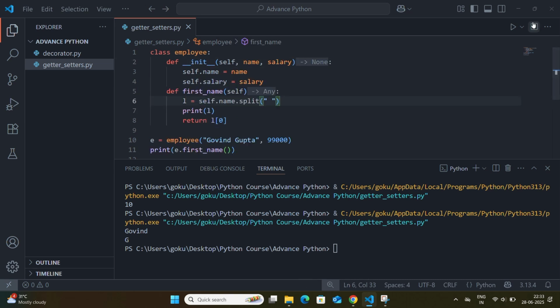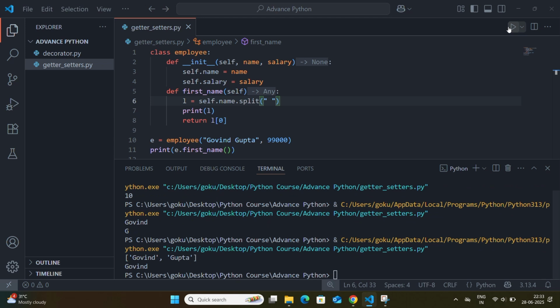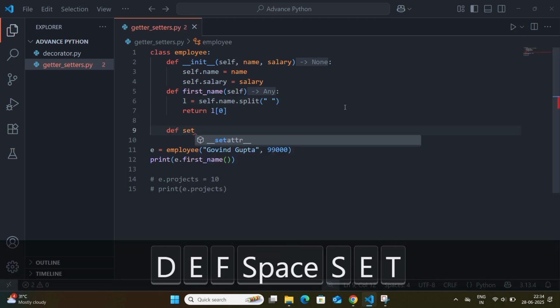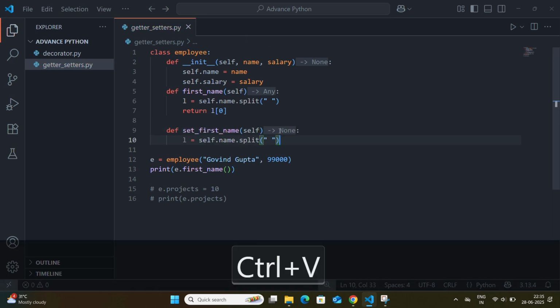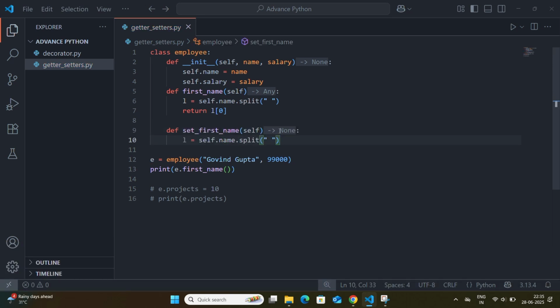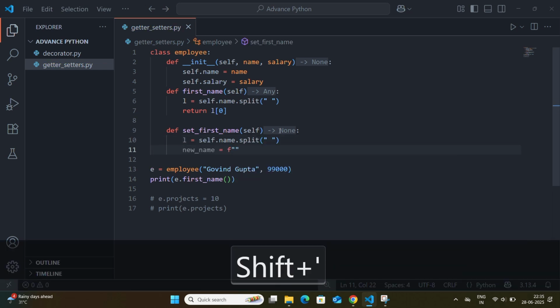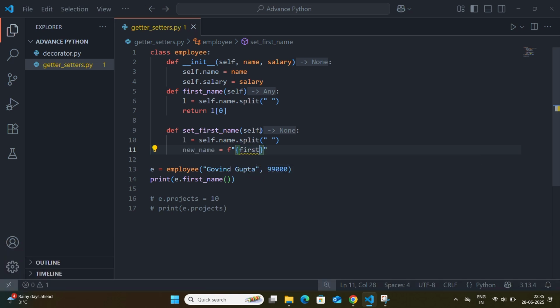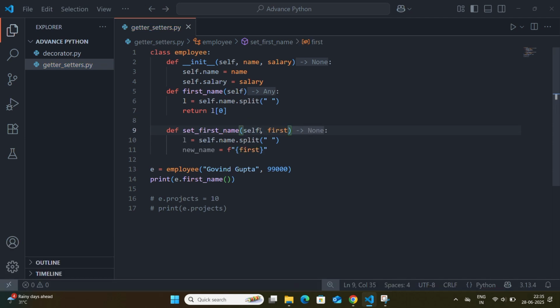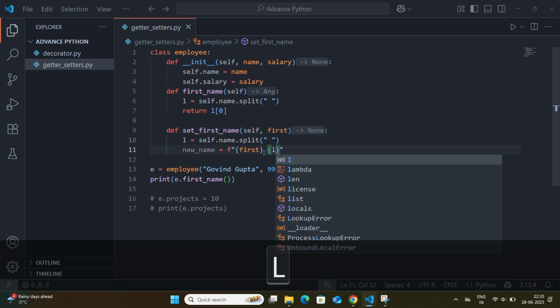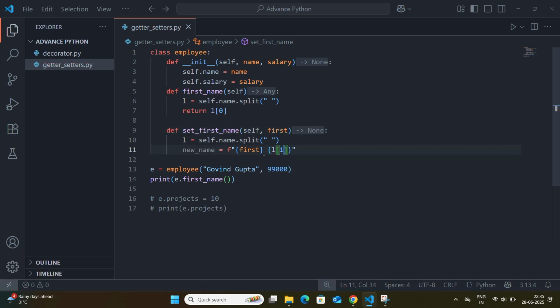What if we want to update just the first name? We can define a method like this: def set_first_name, pass the argument self, L equals self.name.split, and new name equals an f-string in double quotes with first passed in as the argument, and L1.